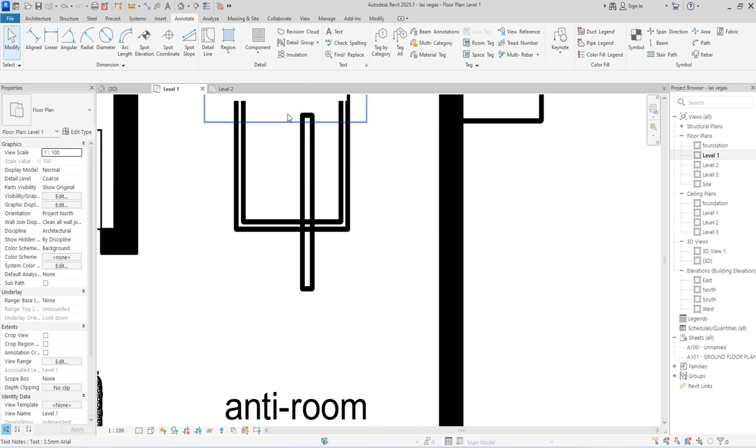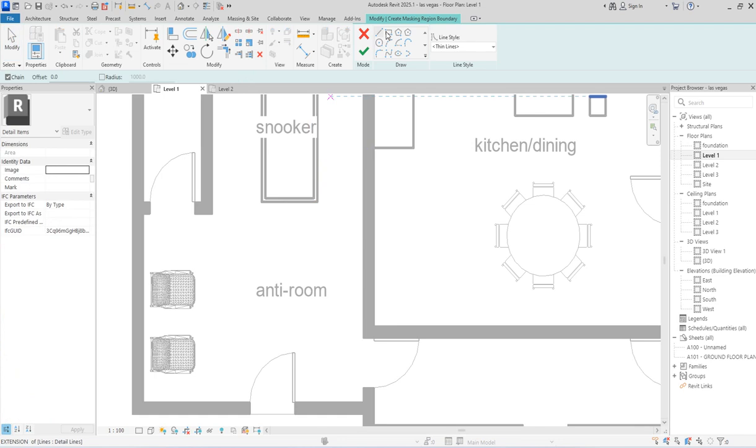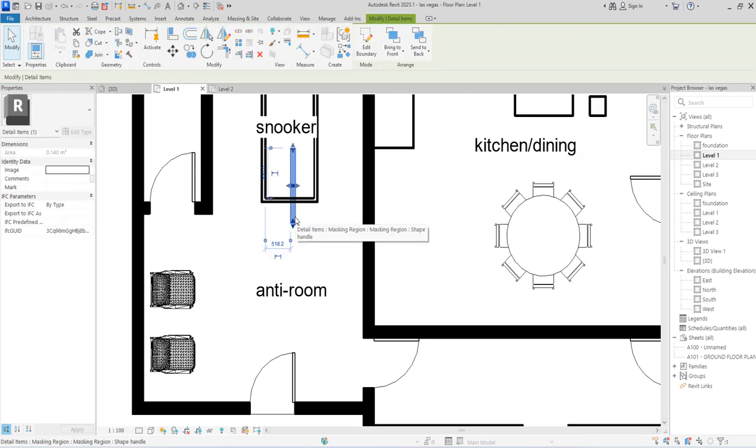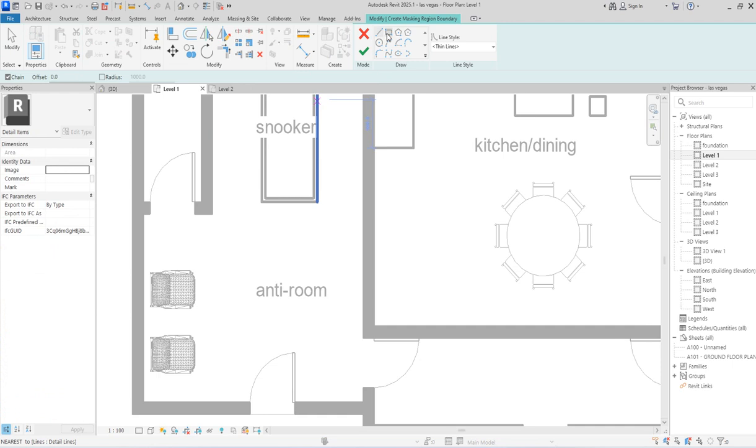Let me just even use another method. Instead, if you have a certain line that you don't want to display, what do you do? Just click on annotate and say fill region and say mask region. So you do this one and draw it around here. Click finish. Say fill region, mask region. So click here.